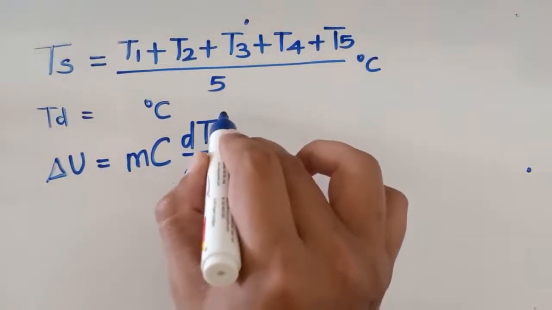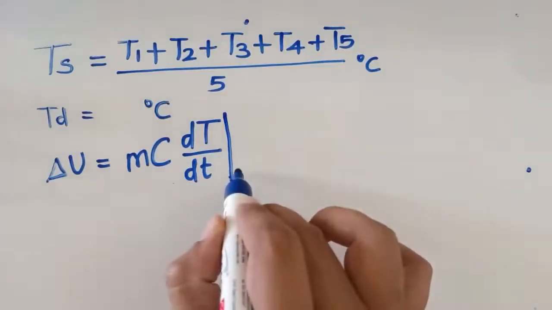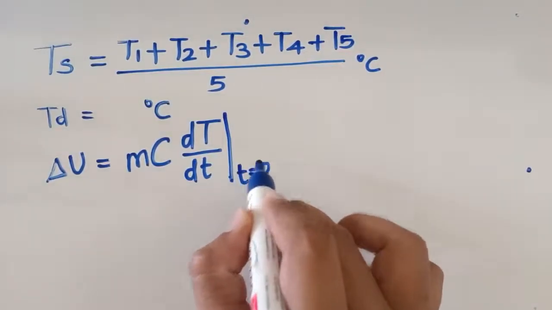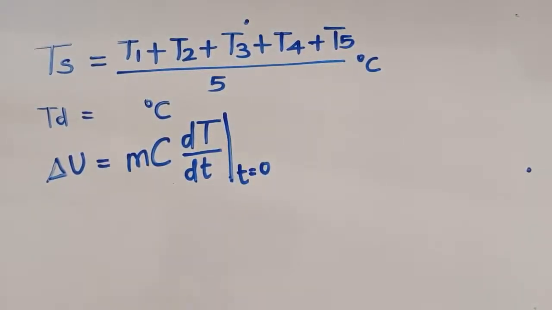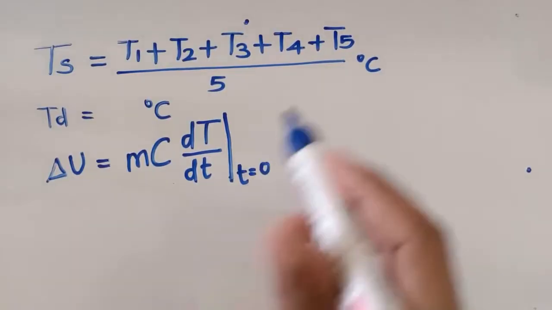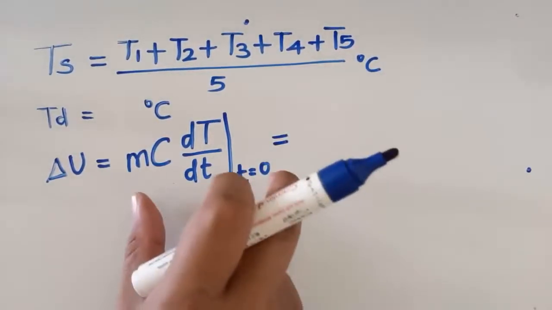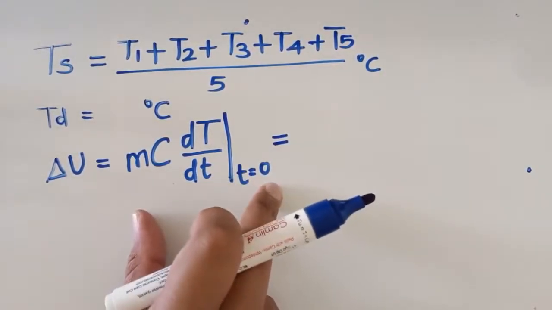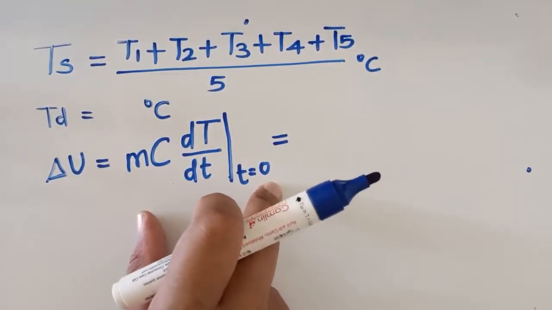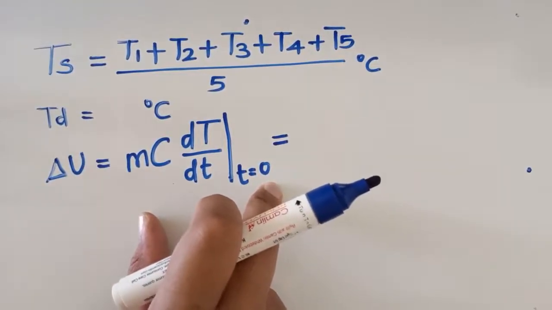All right. Now this dT by dt we need to consider in the initial phase when we insert the disk inside the hole, or when the radiation heat exchange actually begins. So that will be m c dT by dt. Now why is this happening? This is just one side of the equation. Remember, this equation, change in internal energy, is one side of the equation. Then we need to think why this is happening.